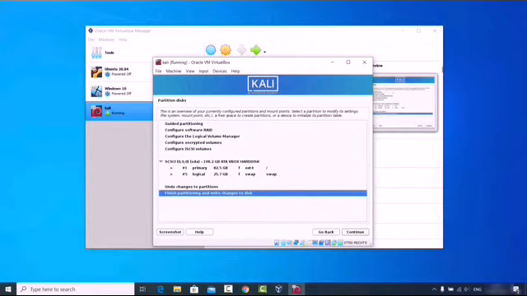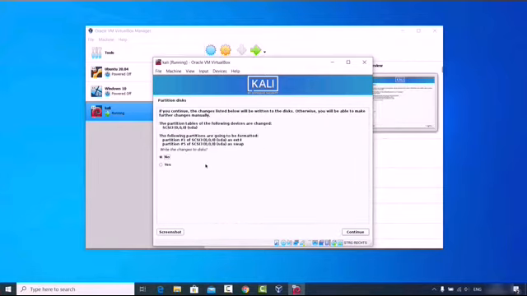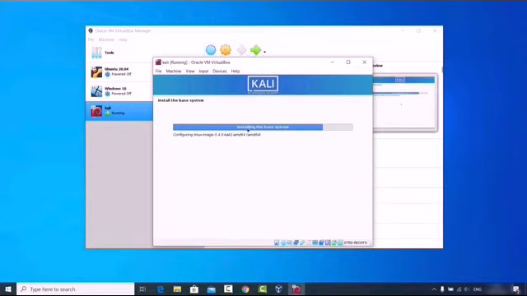And now I have this option which says partition disk. I will just leave everything as default, which is finish partitioning and write the changes to the disk, and then click on continue. And then you have the next window, where it asks us to write the changes to the disk. So I will say yes and then click on continue. Now at this stage you may have to wait for some time until this process reaches the end.